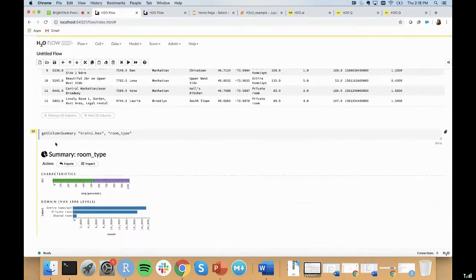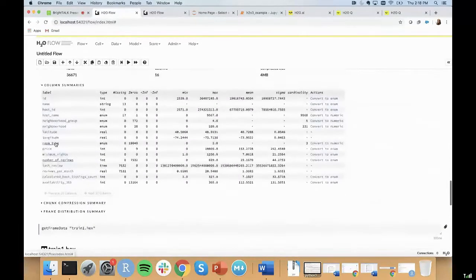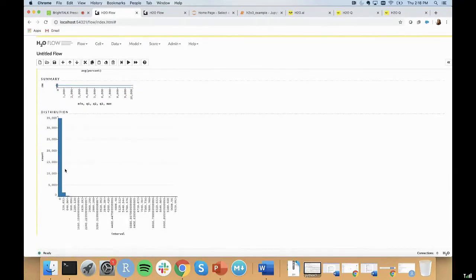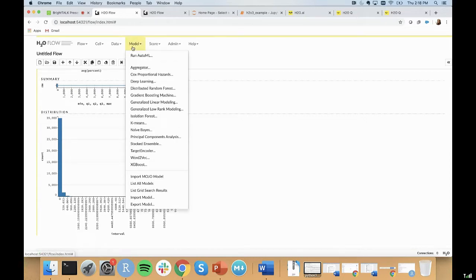We're going to take a look at another column now. And we're going to look at price. So here's the distribution of price. Most of the prices are close to 0. It's actually got an outlier out here with a really high value. So some Airbnb in this data set is going for $9,000, almost $10,000 a night. And now we're going to ask H2O-3 to build a model. So what I'm going to do is go to Model, run AutoML,